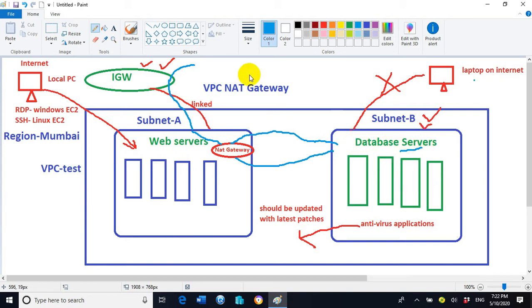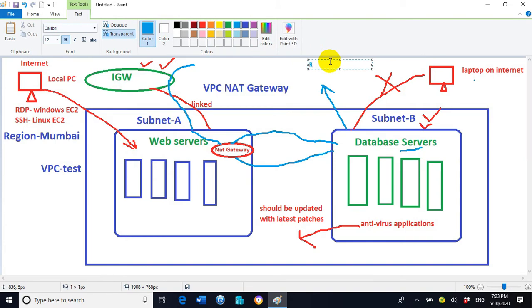So subnet B is connected with one component. That component is called a route table. Inside the route table, we have to make an entry of the NAT gateway.